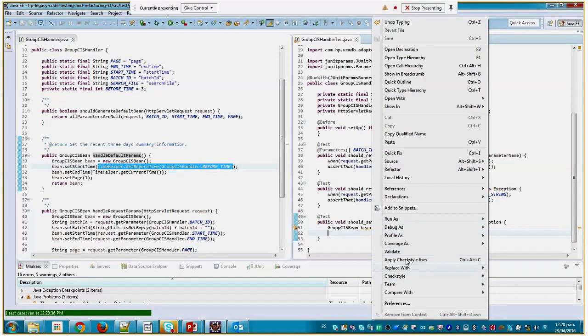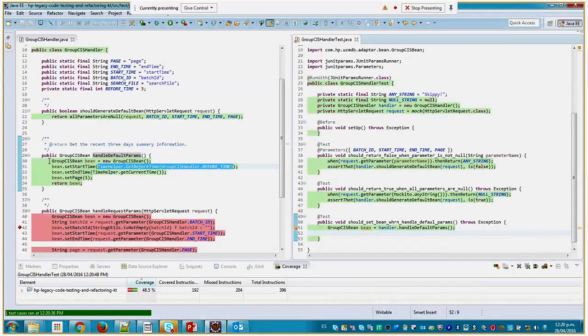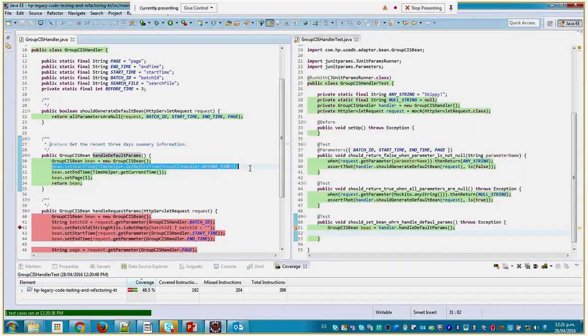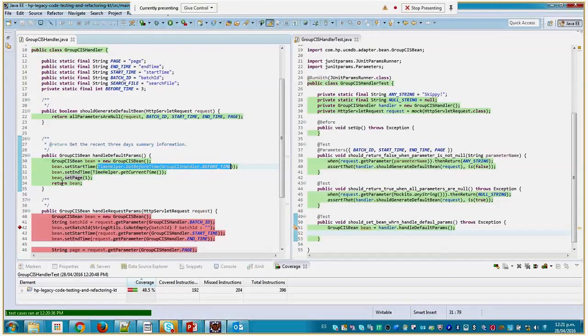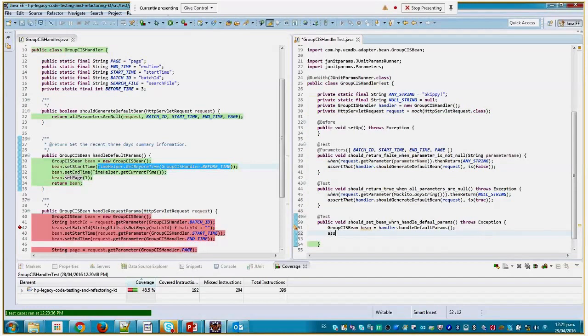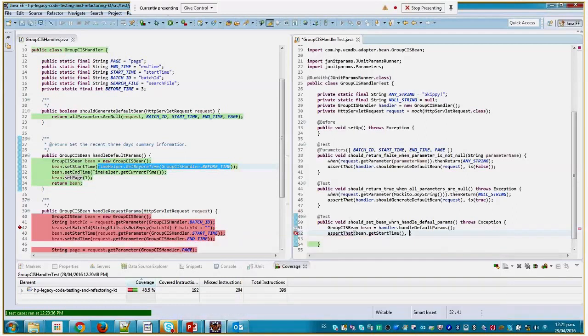If I run my code coverage, all my method is green because it passed for all the lines here. But it doesn't mean that I am testing everything that is passing here. The objective of this method is to set these three attributes to the bin using this, this, and this. So I'm going to assert that bin dot get start time is